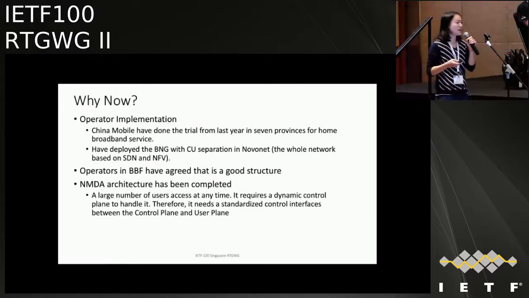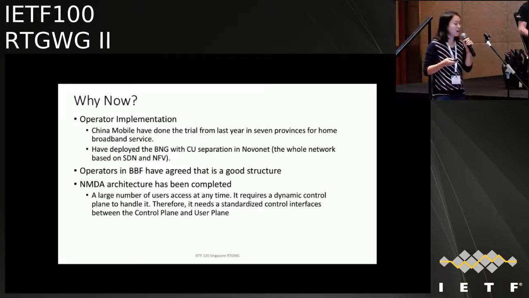And the second question is why now we give out the information model? I think it is the right time to come up with the standard information model. The first important reason is about the operator's implementation.